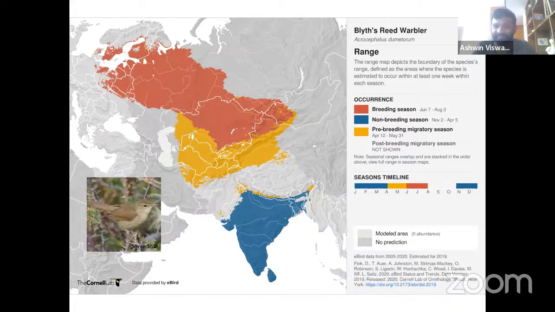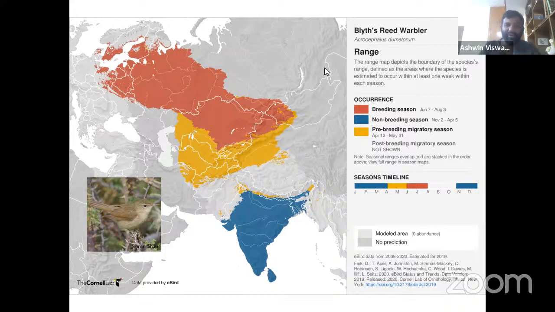They're back here. But there is one thing very special about this bird. Although they have such a huge breeding range across a very large part of temperate Eurasia, almost the entire population winters in India and the Indian subcontinent. So during winter, these millions and millions of Blyth's reed warblers are entirely within the Indian subcontinent. They spend their time around houses. They're a common backyard bird in the country in winter.